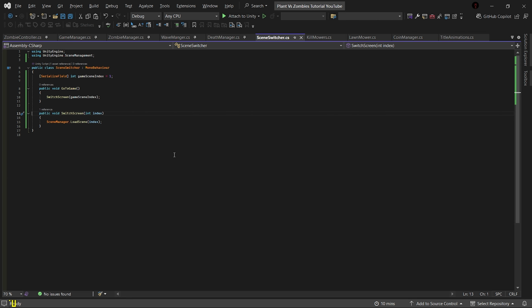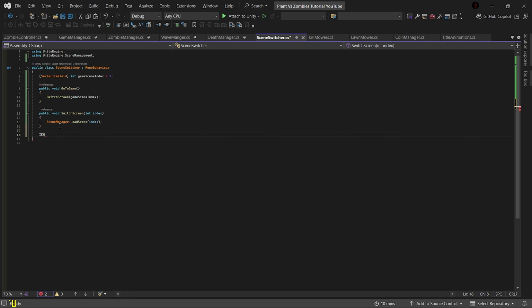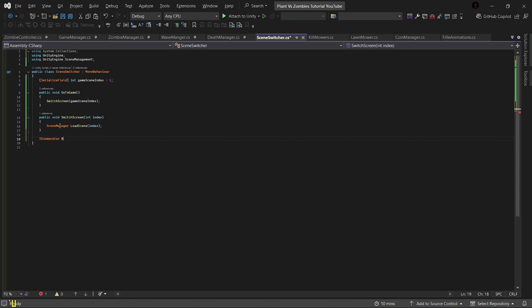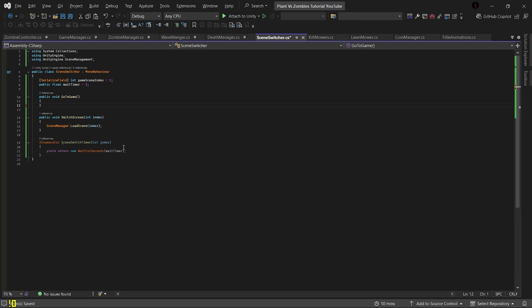And let's just go to Visual Studio, and here let's just do an IEnumerator, call it scene switch timer, here int index, and in here we'll do yield return new WaitForSeconds, wait timer, and let's just create a new variable called wait timer, copy this and let's just go here, public float wait timer equals to 2 seconds, and in here we'll cut this, paste this here, index here, we'll do start coroutine,